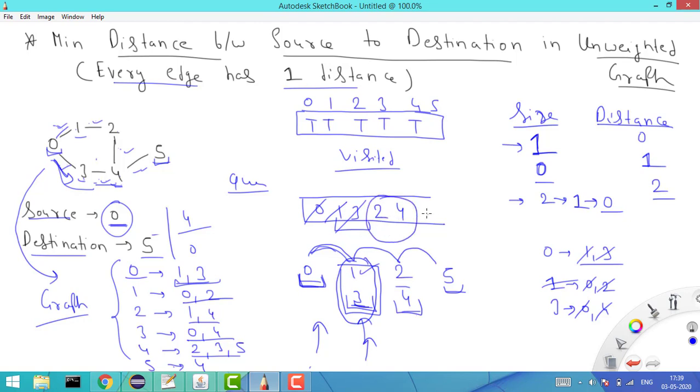The next elements are 2 and 4. So I will find out what the size is here. Size is 2. It means I need to operate on the 2 elements here, right? Now I will remove the element from here. So this is 2. The neighbors of 2, I'm getting from this list, are 1 and 4. So 1 is already visited and 4 is also visited, so we need not do anything for it, right?